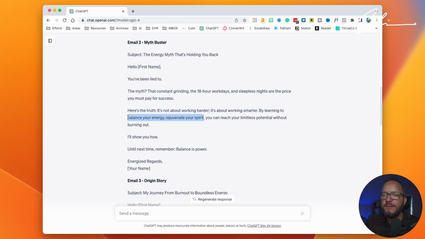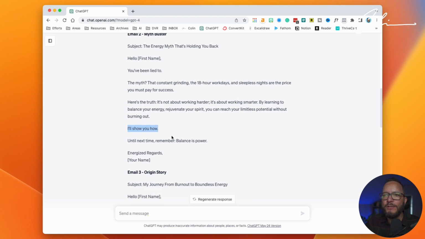So see what it's done. It's brought those things that we've put into our prompt engineering 101 here. It's taken the patterns that we've introduced in the prompt and it's used those to influence the outputs in the emails that it's created. Reach your limitless potential, and then it's latched onto a potential pain that target audience would feel about burnout. So if we were diving into the marketing for this fictional energy life coach, then looking at the pains and problems of the audience, we would be looking at burnout, low energy, the antithesis of what it means to be living your highest self. Very cool. It's finished that email with a nice open loop, leaving it open to the next time.